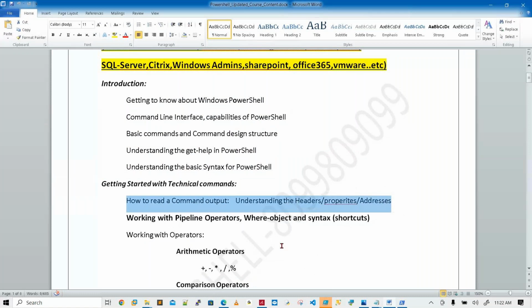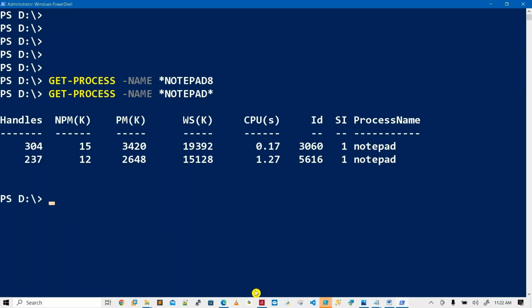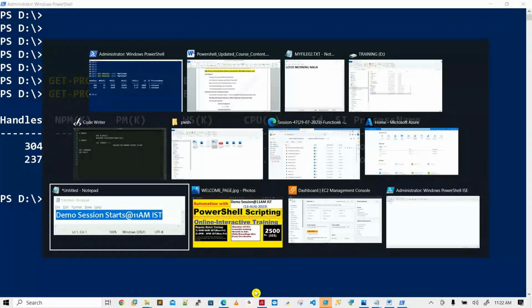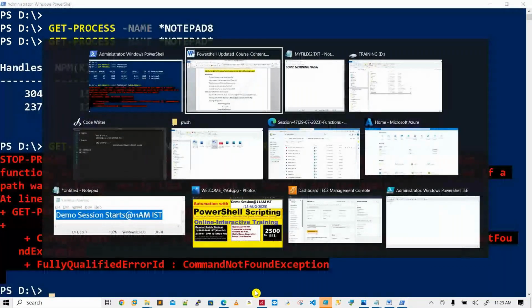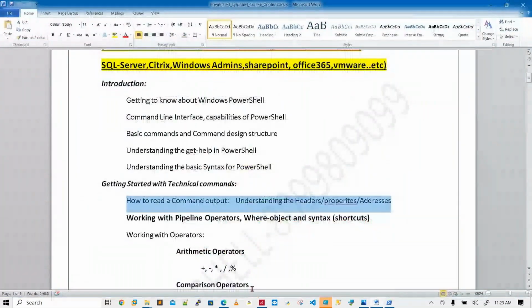Even if you want to see the log files, or check the services, or see what the running processes are. So for example, with notepad, how many are there? Yes, two notepad applications are there. You can see notepad application one and here one more notepad application two is open. So I want to close it from here only. How to do this? See, completely closed. Nothing is there on the screen. These logics and how to use the proper syntax, from the bottom to how to learn the subject.